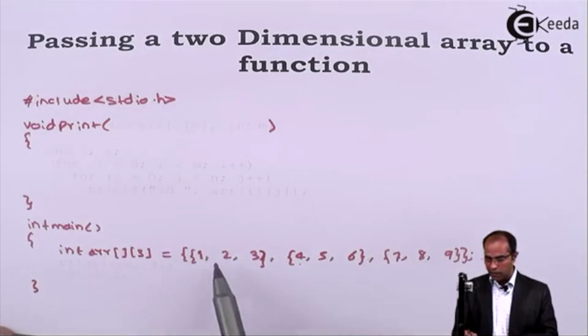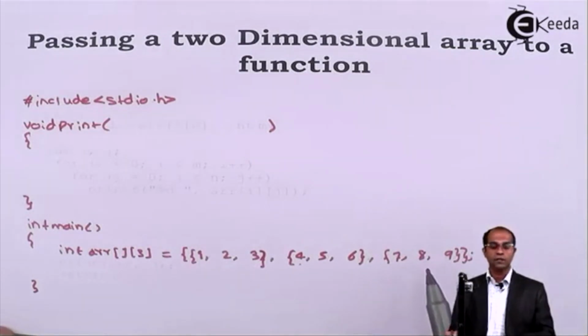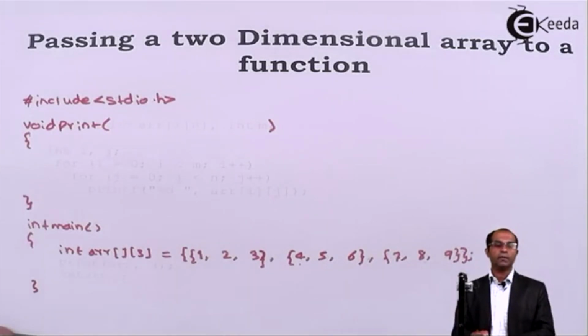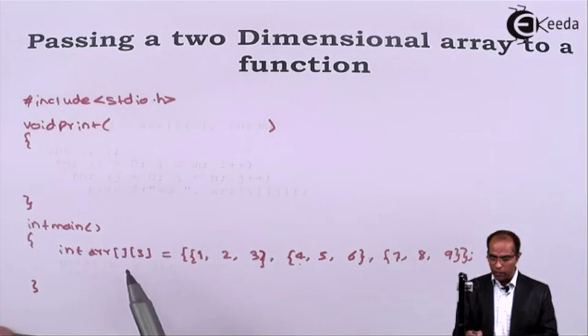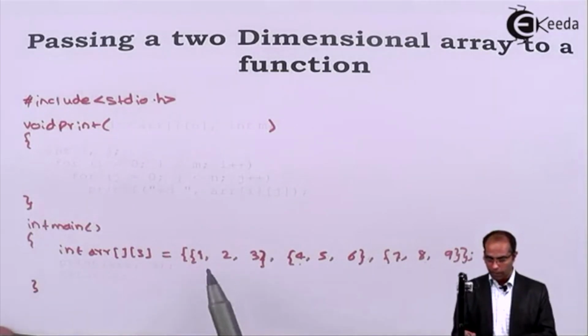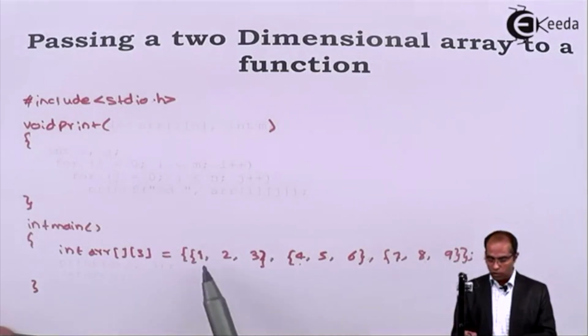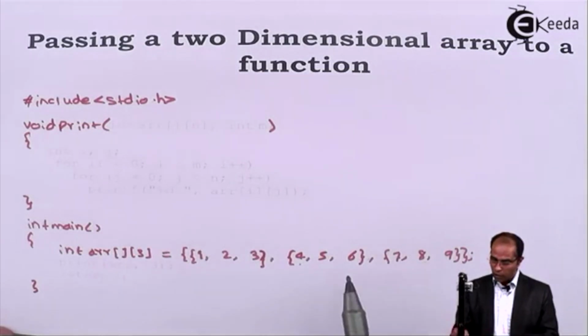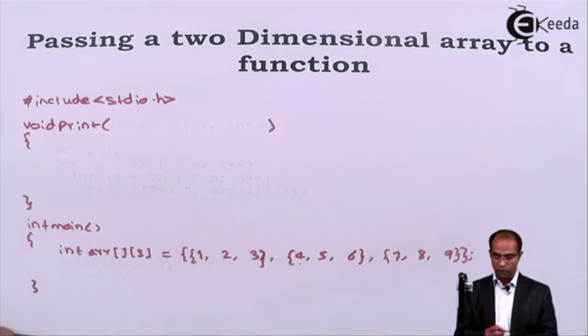When an array is initialized with values, as per the concepts of a two-dimensional array, when an array is initialized with values in the declaration, then the first bracket can be kept as empty. The first bracket or the first value is automatically calculated by the compiler based on the number of values which exist in this particular part. So if I have 3 sets of values, it is automatically known as 3. Now, if I increase the number of values, obviously the first bracket will have different values.